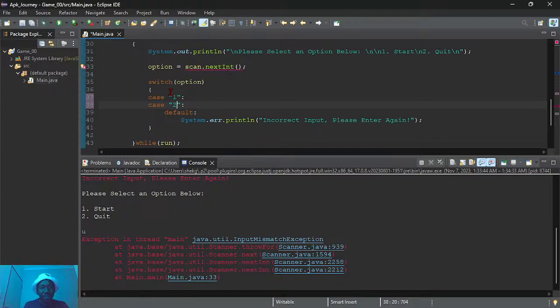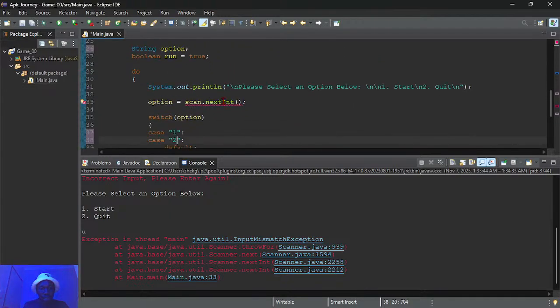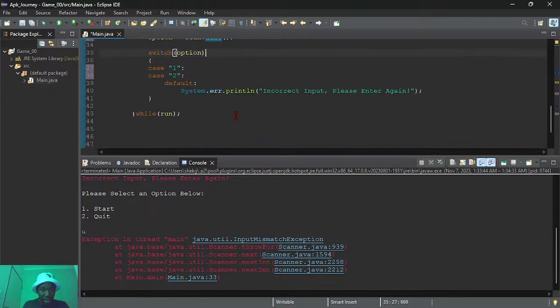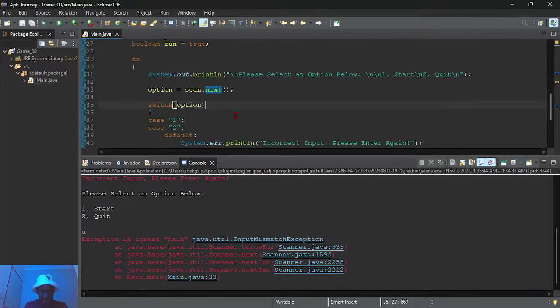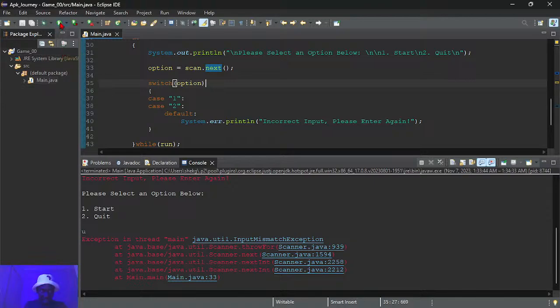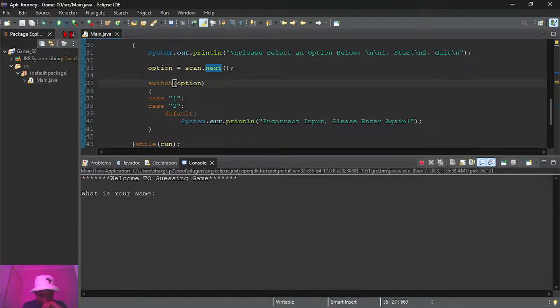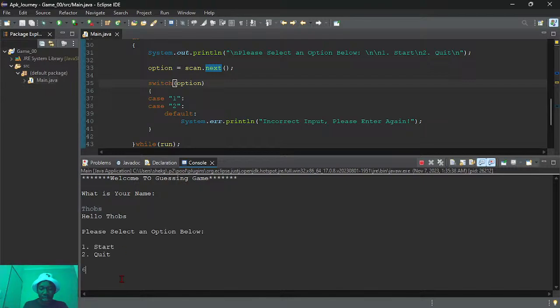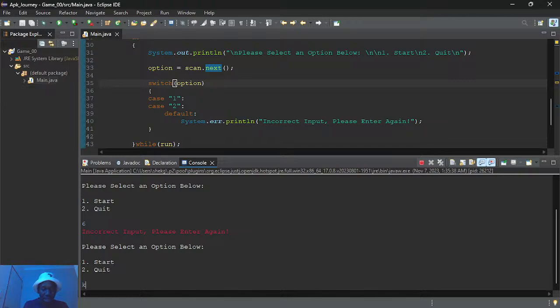Just next, it's fine. Now it should cater for the characters, the numbers, and the special characters. So tops, and then a letter, a special character, and it works. Now until I enter either 1 or 2, this will keep on showing.